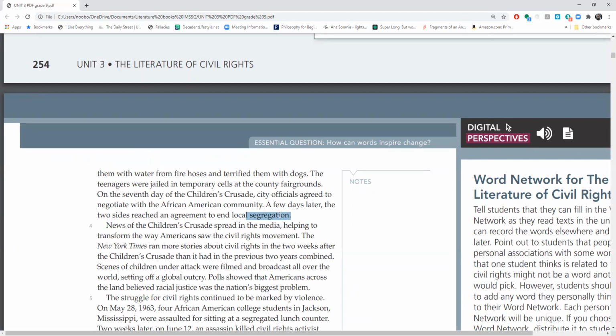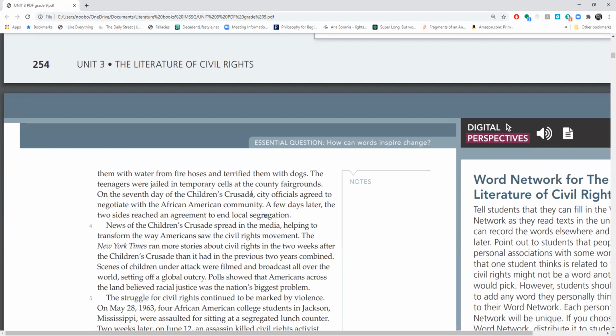This was called segregation. Black people were allowed to have their own businesses, their own cafes, their own bathrooms, and all these things, but they were not allowed to go into the white people's cafes or the white people's businesses or anything like that. This was the law in Alabama at the time.